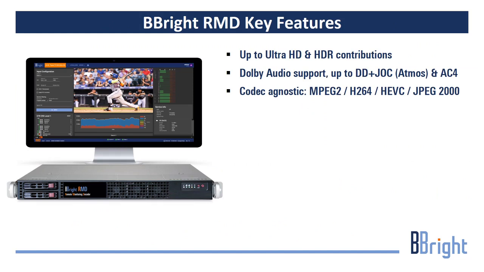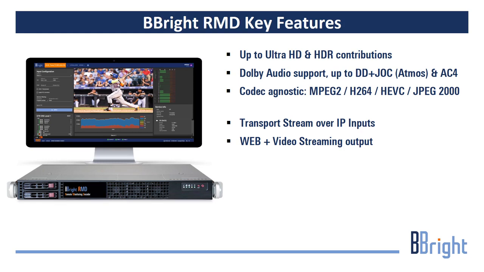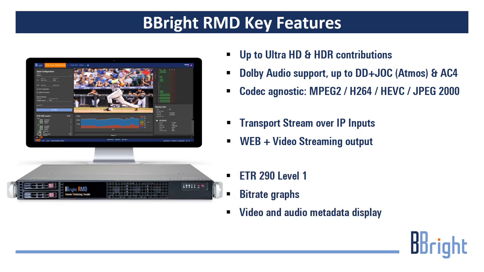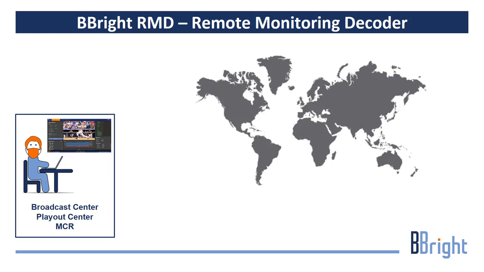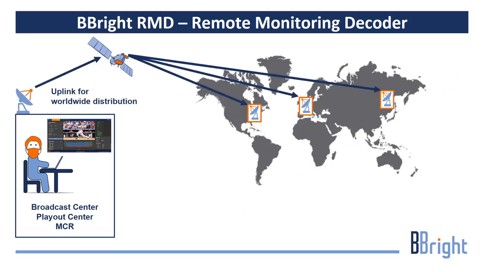and including support for Dolby Atmos and Dolby AC4. MPEG-2, H.264, HEVC, and even JPEG 2000 are supported. On the input side, TS over IP. On the output side, information is available through Web UI or REST API, and video plus audio are streamed using MPEG standard. In this example, a broadcaster can distribute its live content over satellite or fiber, then deploy BBright RMD on